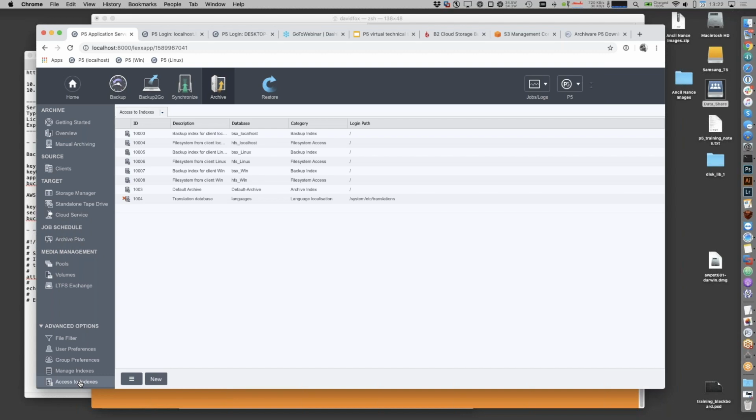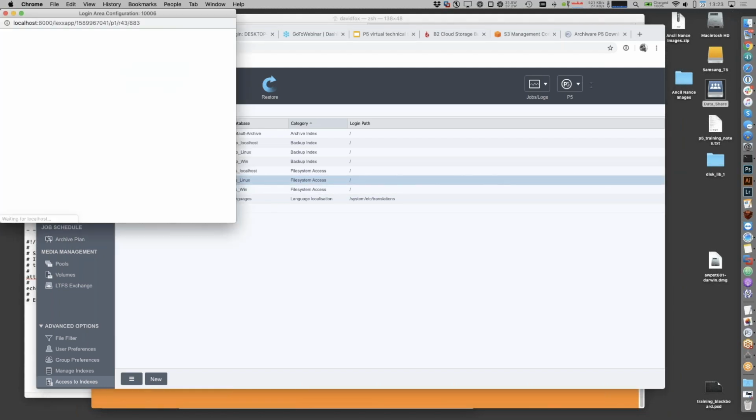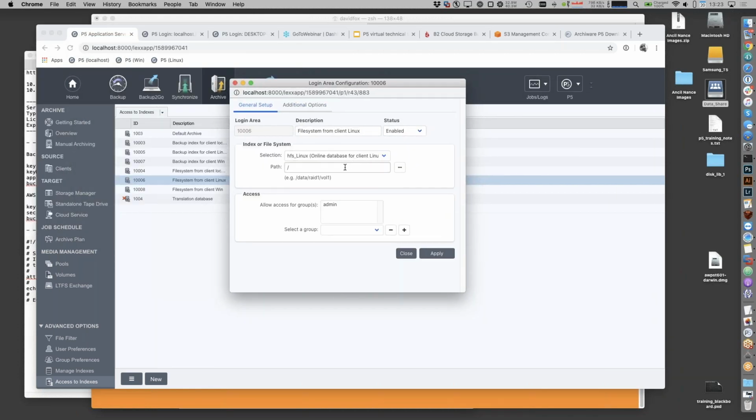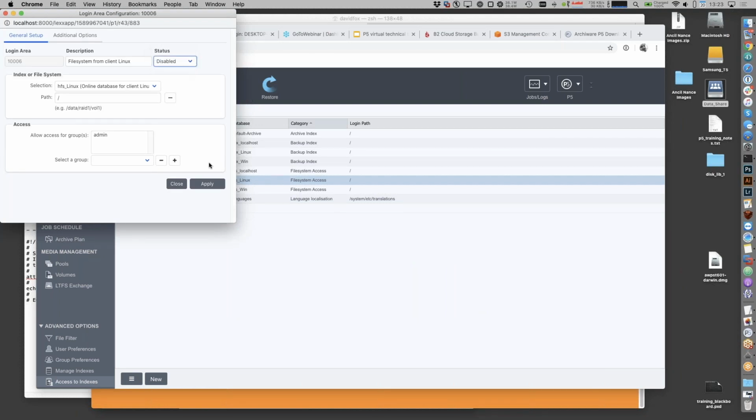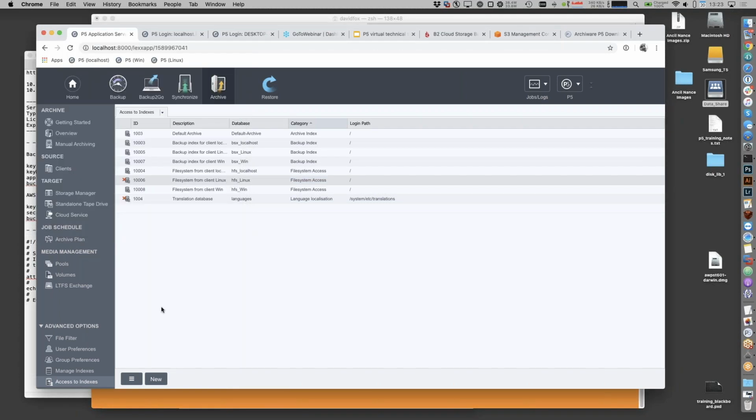Under access to indexes, you will see some items that are listed as file system access. There's one for localhost, there's one for the Linux client, and there's one for the Windows client. If I double click on one of these, you'll see that by default, it provides access to the root level of the file systems attached to this host, and it's only visible to administrator users anyway. So if I was logged in as a non-admin user, I wouldn't see these pieces of file system. I can create a new piece of file system access, and I could maybe disable the existing one. If I disable that one so that we're not seeing the top level of the Linux machine,